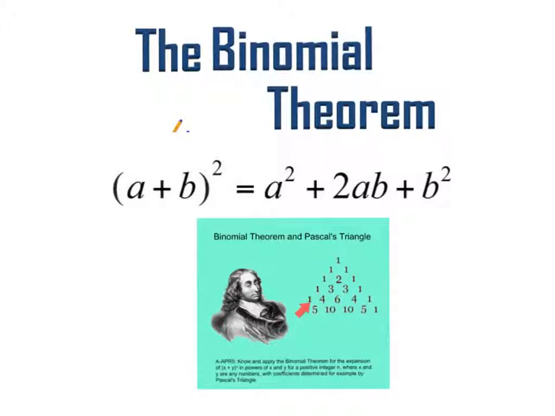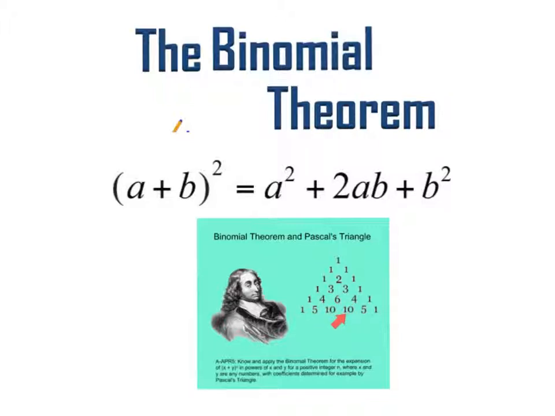We come down to our next level, we put a 1 and a 1, 1 plus 3 is 4, 3 plus 3 is 6, 3 plus 1 is 4. We come down, we have a 1 and a 1, 1 plus 4 is 5, 4 plus 6 is 10,